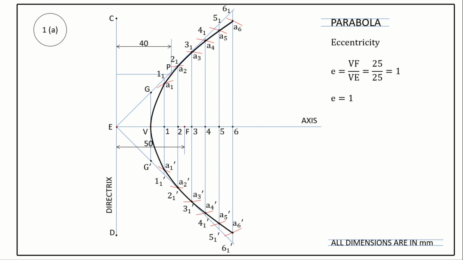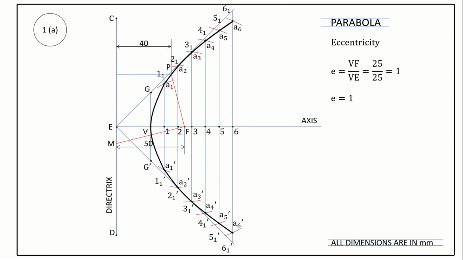So, show the measurement here. To this point P, we have to draw a tangent and a normal. So, the step-by-step procedure is first join the point P and the fixed point F. Then, to this PF line, draw a perpendicular line. Using protractor, you can draw a perpendicular line. So, this line cuts the directrix at M.